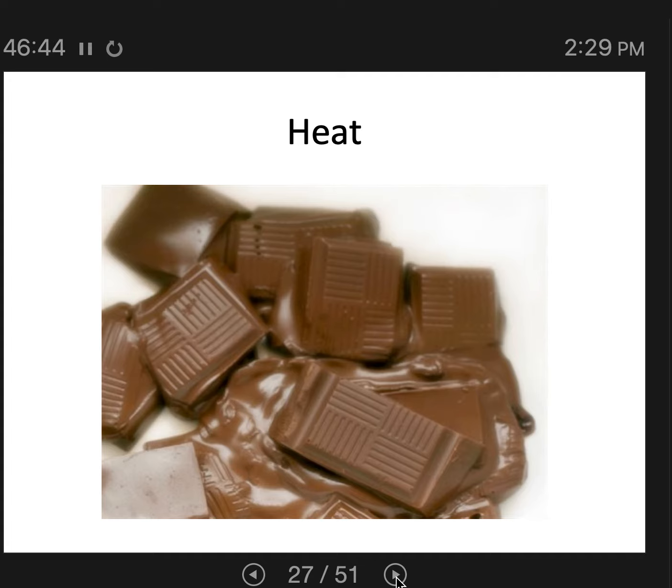Now, for much the same reason, heat also affects whether lipids are solid or whether they've melted, because that depends on the energy in the molecules. More thermal energy in the molecules means the molecules are moving more. So if you put thermal energy into a lipid like cocoa solids in chocolate or butter, it